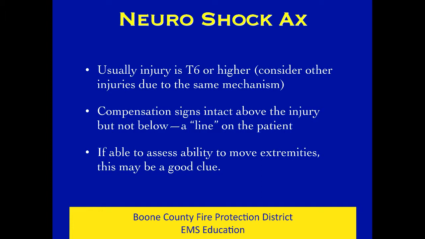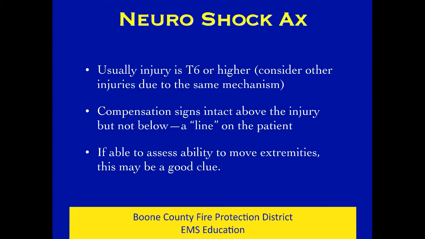Neuroshock assessment is a little different. The results of your assessment, the signs and symptoms that you see, and the things that you notice in your physical exam yield you different things in neuroshock than in other shock. Usually the injury is at mid-thoracic, say T6 or higher. It could also be that there's other injuries, so I'll come back to that in just a second. But usually this is a problem with a spinal cord injury in the mid to upper T-spine or higher in